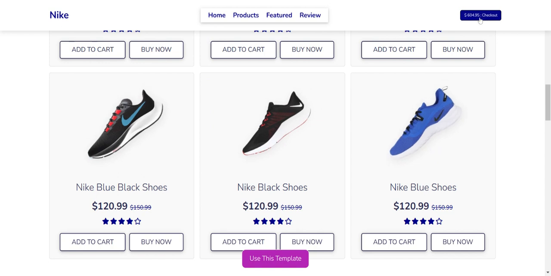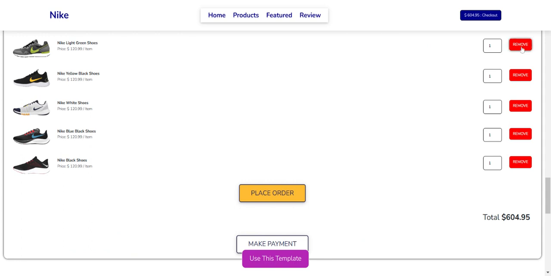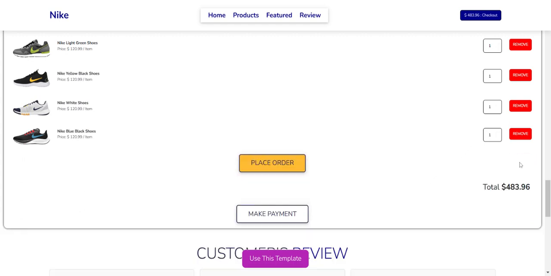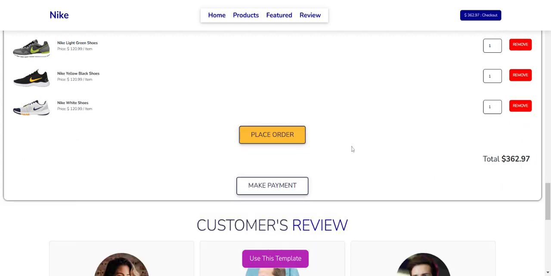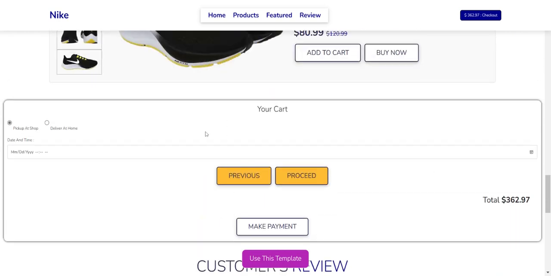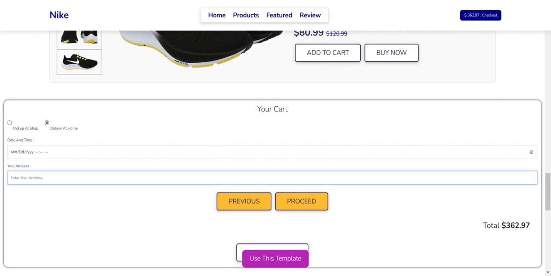Now, once they have added the products, they can click on checkout, and on the same page, you've got all these products already added. And the user can obviously increase or reduce these products if they wanted to, but in most cases a user typically would be ordering one or two products, could be more, right? And once they have done that, there's an option for placing the order or completing the order, where you have home delivery or pickup at the shop, and there's a time and date stamp, and the address for delivery option. And once that is done, then they will basically